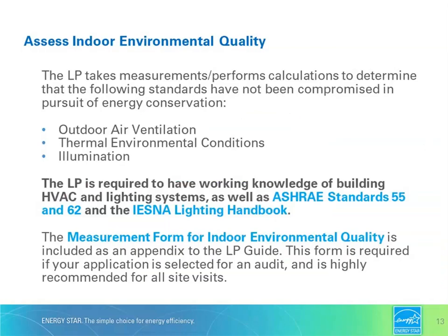Okay, moving on to the assessment of indoor environmental quality. While some basic information and use details may be verified through phone calls or other contact with building staff, the indoor environmental quality really does need to be evaluated via an on-site assessment, since quantitative measurements need to be taken at the building during business hours to verify that the indoor environmental quality has not been compromised in pursuit of